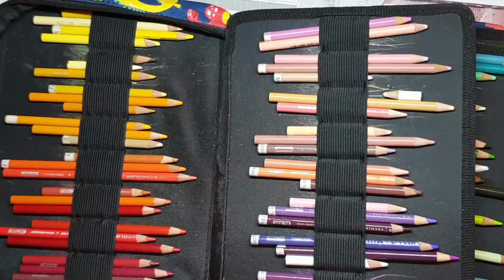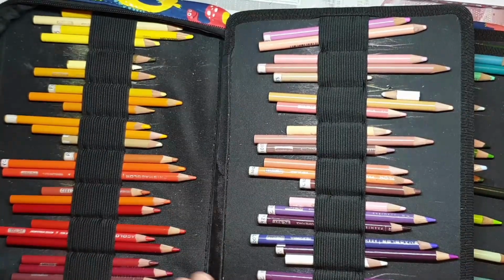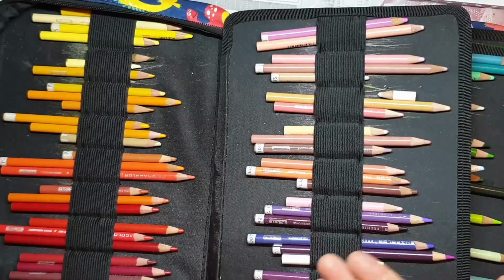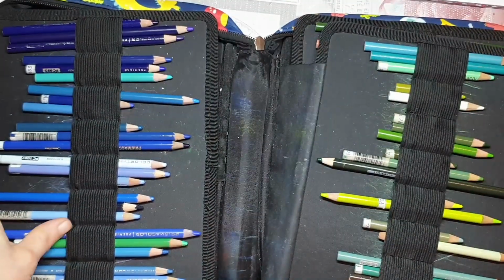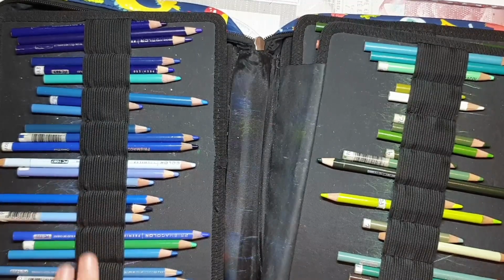So why do I like Prismacolor so much? I like that they are soft. I like that they are highly pigmented. I like that I can either layer them or I can smush them together. So I really find that they work well for my style of coloring, and I like the